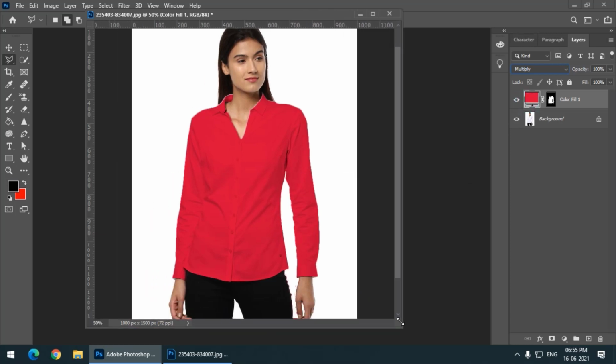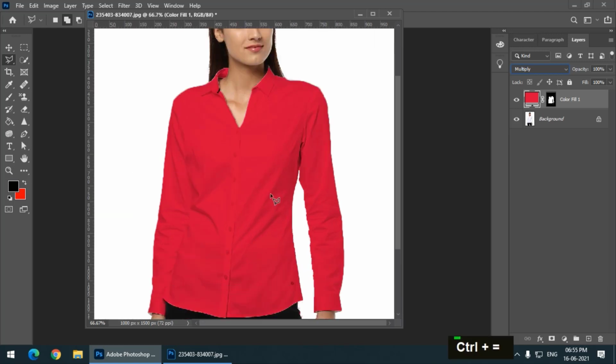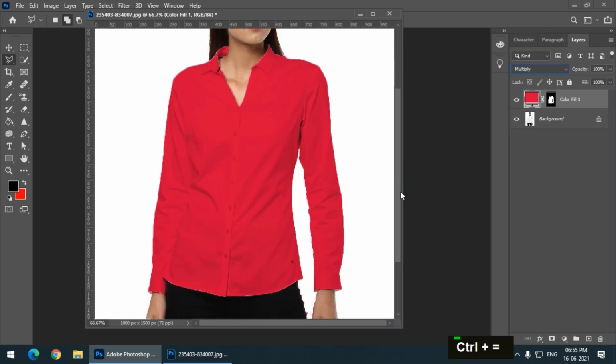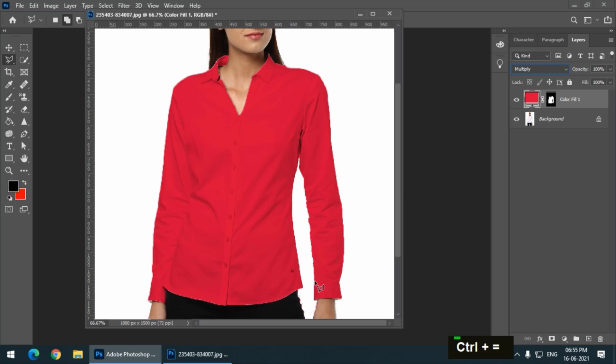As we can see, this is normal and this is the multiply blending option. This is already looking realistic as compared with the previous option, which was normal. This is looking realistic, but as you can see, the creases or the edges are still white. That is because we hadn't selected this properly, but you are getting the gist of it.